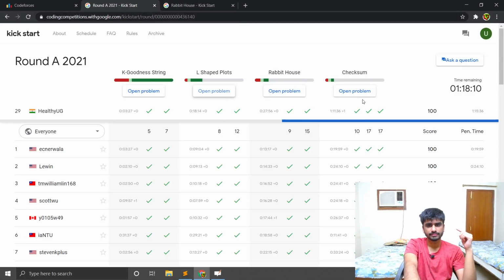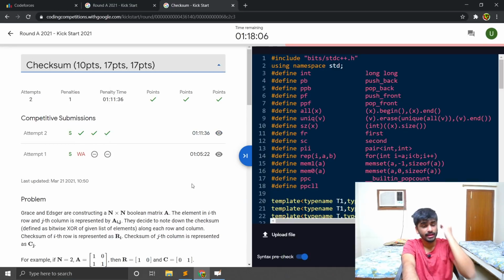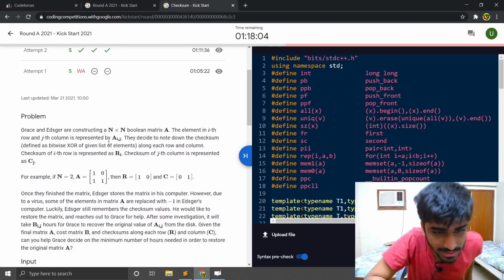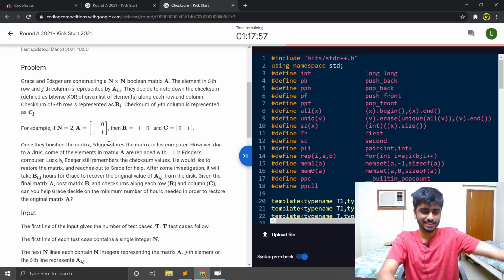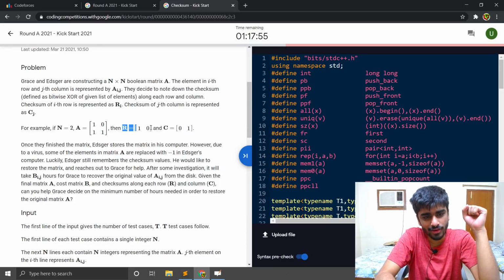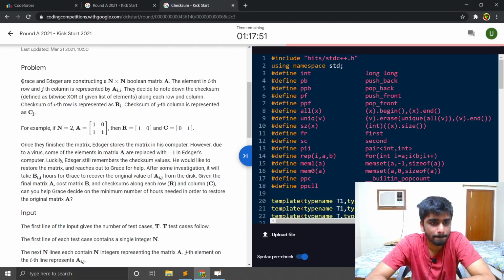And then I have this checksum. Okay, so that's the only thing that's left. Yeah, so this was kind of interesting. I think it was really interesting because the funny thing here is, you don't even care about these R's and C's, right? So let's see why. It's like there are two people, they have n cross n